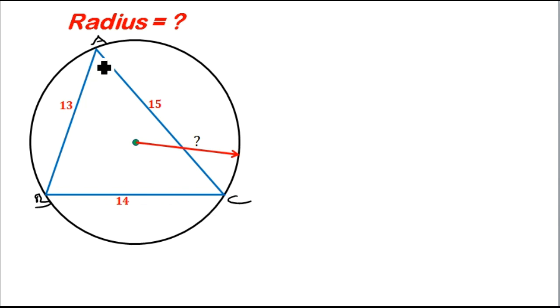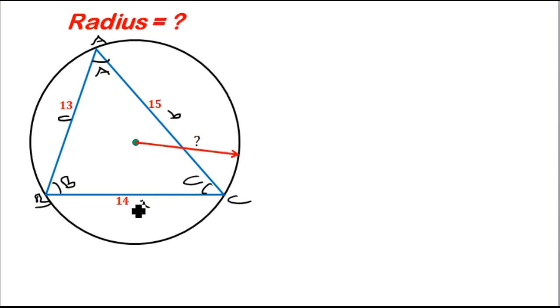ABC. Now, if this is vertex A, then that will be angle A. At vertex B, we have angle B, and at vertex C, we have angle C. So if this is angle C, then the opposite side will be side C. Then if this is angle B, then the opposite side will be side B. And if this is angle A, then the opposite side of angle A will be the side BC, which is